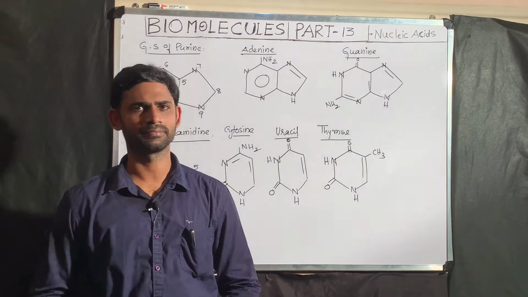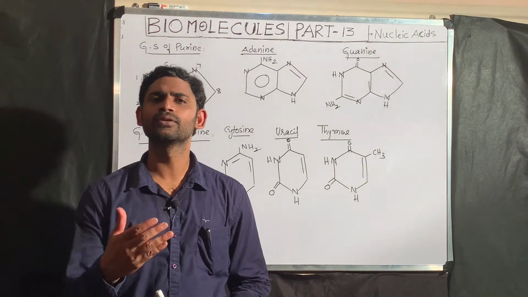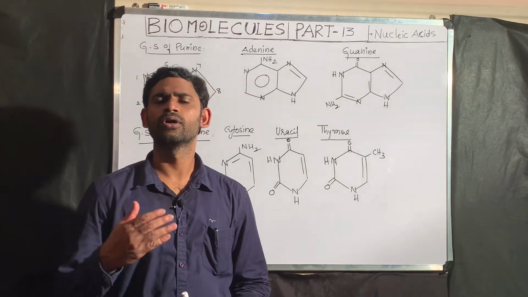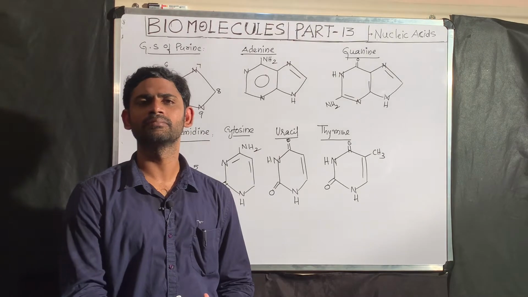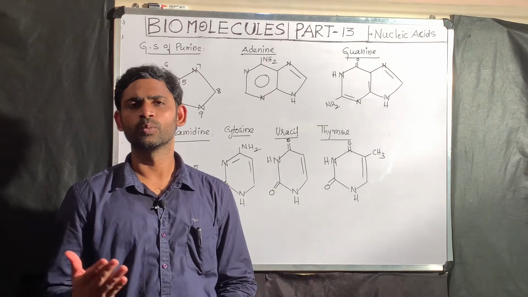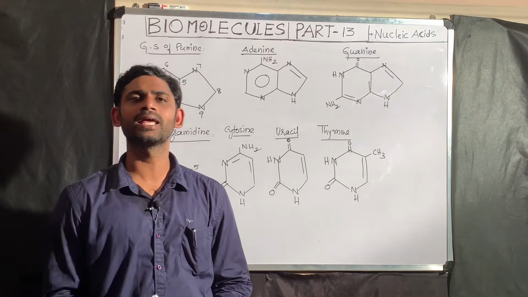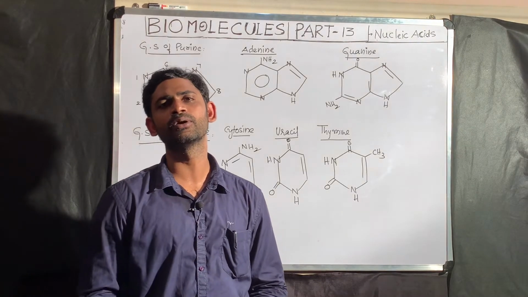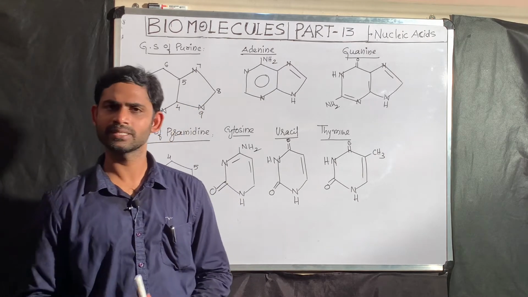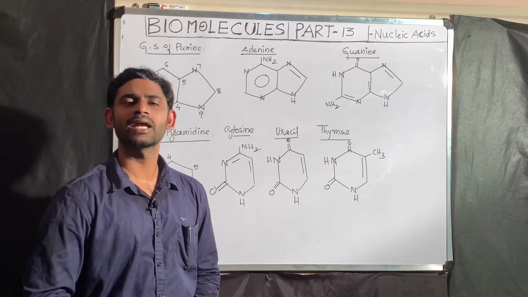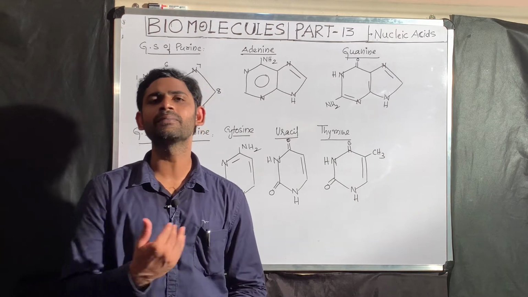In the last part, I started about the nucleic acids and structural aspects of nucleic acid. I was discussing, nucleic acid is a polymer of nucleotides. What we know, a nucleotide consists of a nitrogen base, pentose sugar with one phosphate or a maximum of three phosphates. So basically, if you want to understand the nucleotide, first we need to understand what are nitrogen bases. These nitrogen bases are of two types that include purines and pyrimidines.